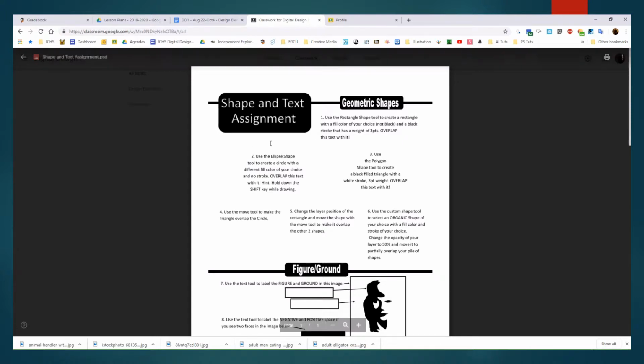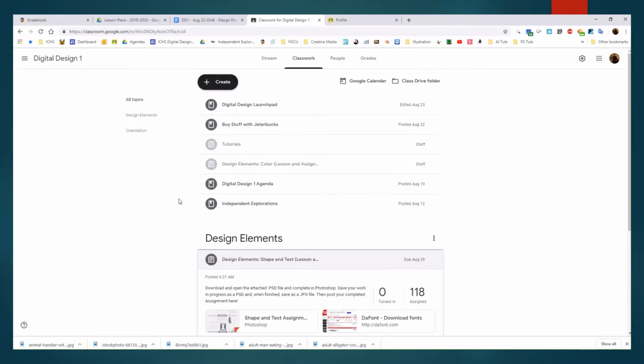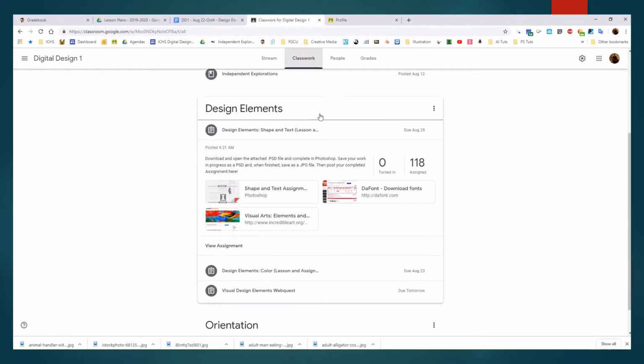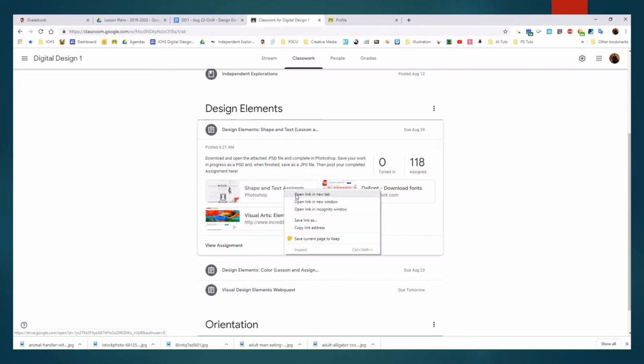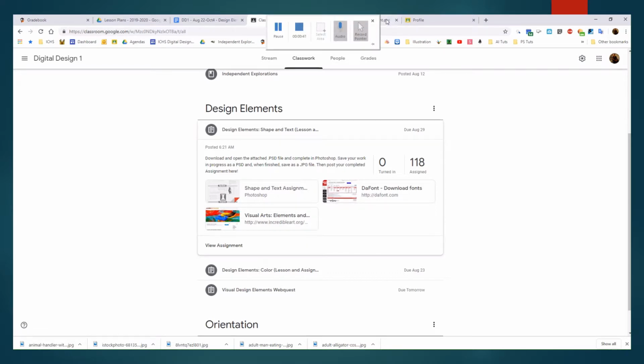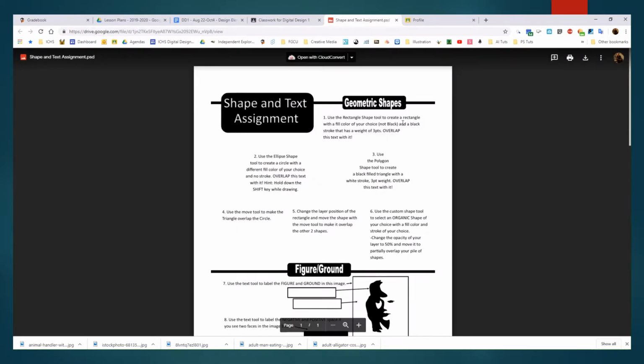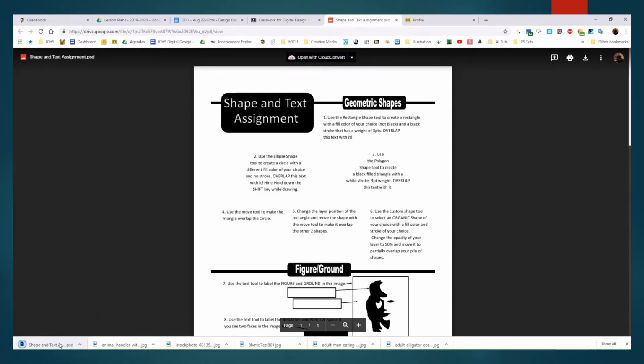is in Classroom. So we go back into Classroom and you go into Classwork and then expand this design elements window. Then if you go to shape and text assignment and right click it and go open link in new tab, you should see your file here, and we are going to download it now. So you're going to want to press this button up here in the upper right hand corner, and when we hit the download button, it's going to come up down here, and when you click it, it should open up